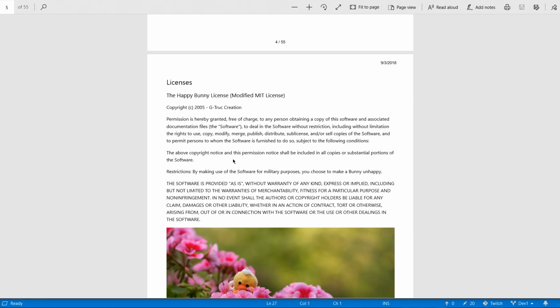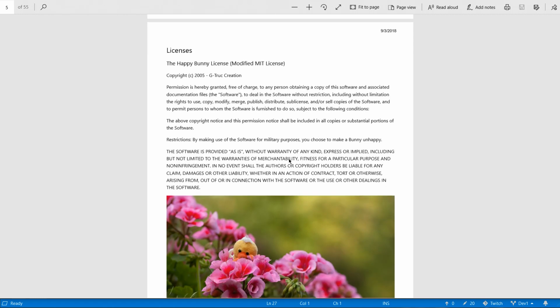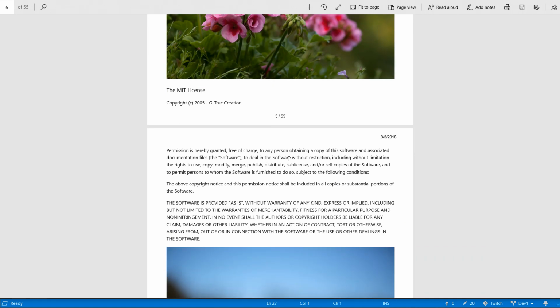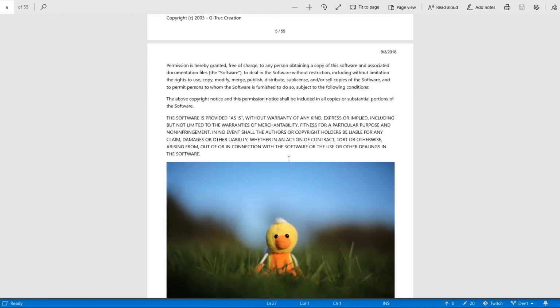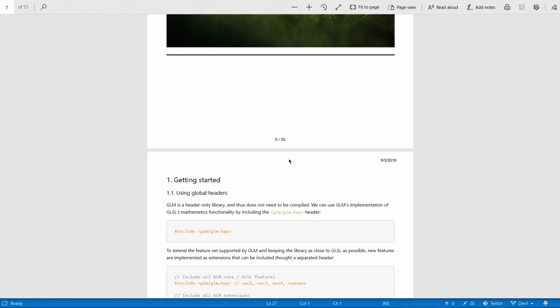The above copyright notice and this permission notice shall be included in all copies or substantial portions of the software. Okay. Yeah, military purposes, I completely agree with that. MIT license, yeah, fine. Which is as is without warranty. Fine, that's okay.